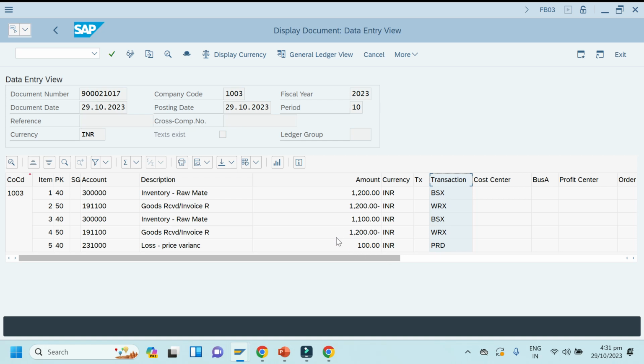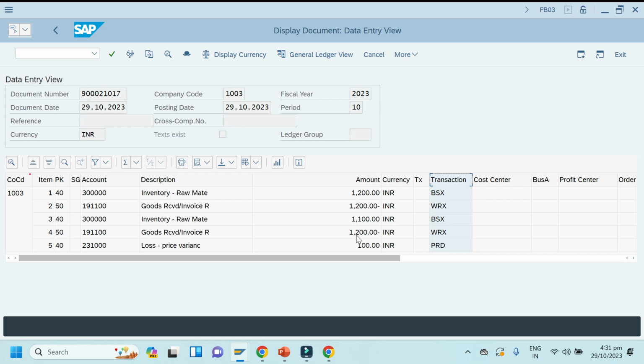Minus means in PO we have given 120, right? But in material master it's 110. So the inventory account will be posted with respect to the material master standard price, that is 1100, and GRIR is posted with the PO amount, that is 1200. So the difference will be posted to balance this GRIR; it will post 100 rupees to the PRD account.